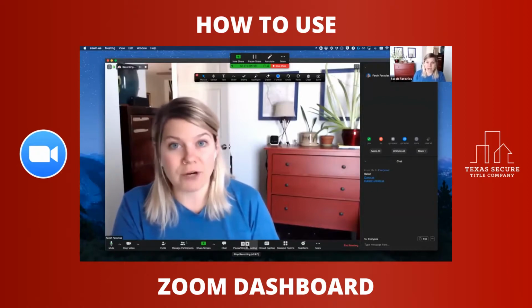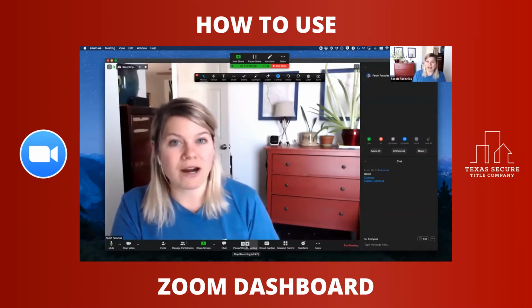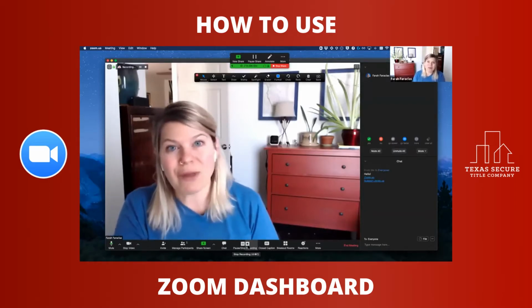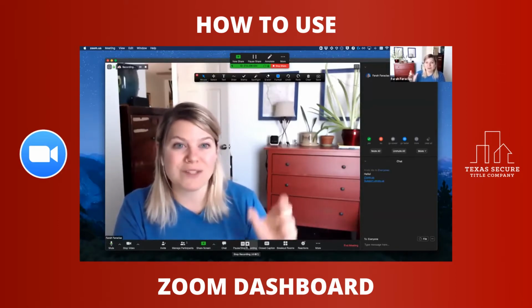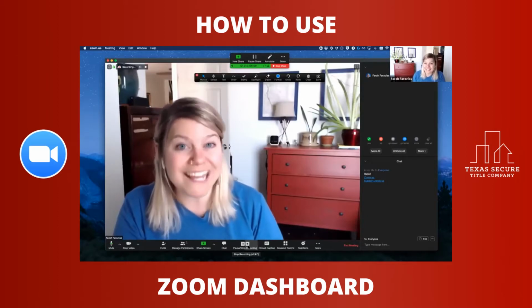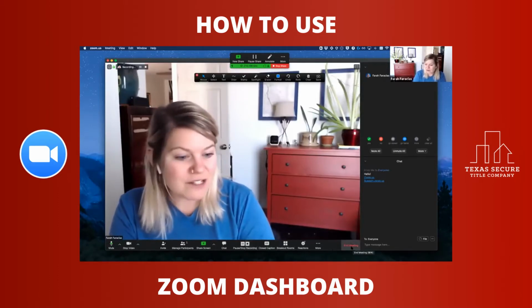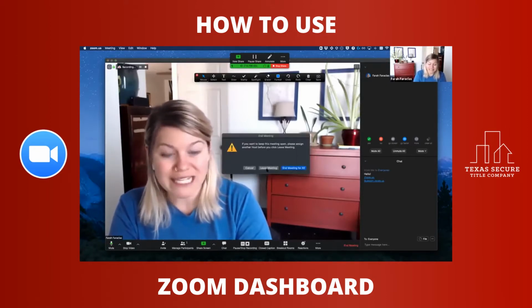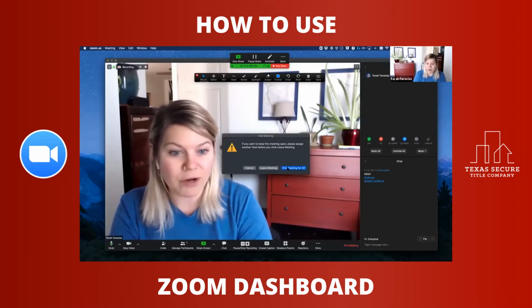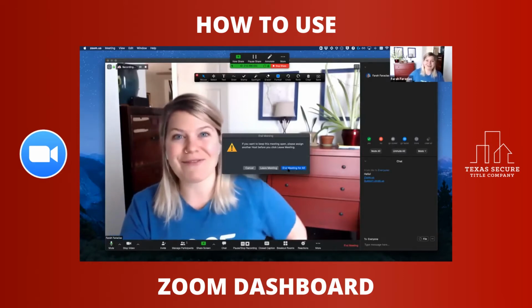If you are a free user, you will be able to record directly on your laptop. If you are a licensed user, you will be able to record out to the cloud, which is what I'm doing now. So this recording will come up with a link that I can share with others when it's done. Last but not least, don't forget to end the meeting. When you're done with a meeting, you'll get a pop-up allowing you to leave if you need to head out early, or end the meeting for everybody. We are always going to recommend that you make sure you end the meeting for everyone so you can go